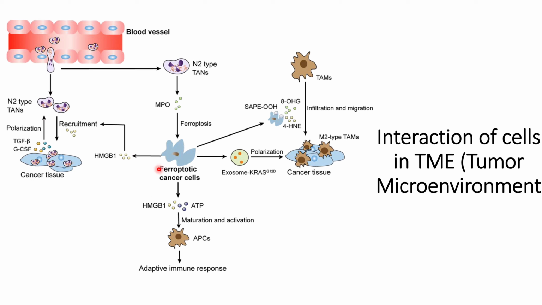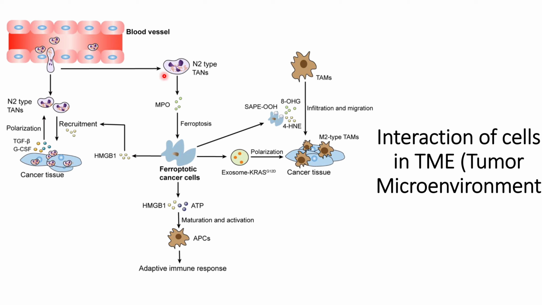So our starting point of this figure is from these ferroptotic cancerous cells. Ferroptotic cancerous cells will release some of the DAMPs. And how do these ferroptotic cancerous cells occur? These cancerous cells are recognized by the immune system, and they will recruit the neutrophils, and